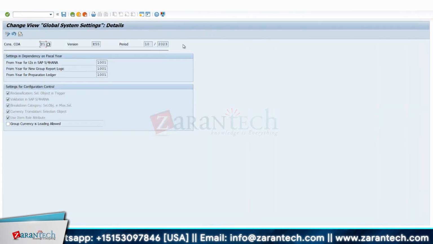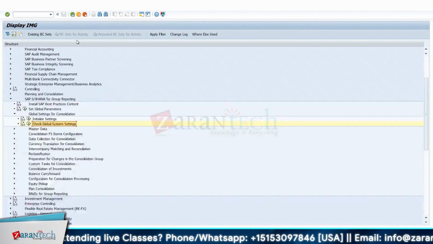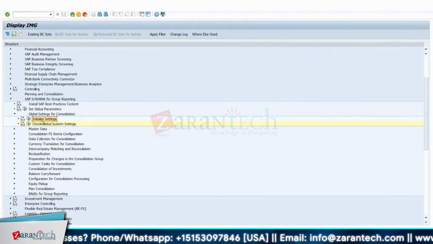For example, this is a setting where it says from year LI in S4 on line items, that is 1001, it sets automatically. New group reporting logic 1001. From year of preparation ledger. See, these are all in non-editable mode. The system will get activated automatically when you implement a best practice, or this previous step if you don't implement a best practice. Other than that, reclassification with selection, these are all the settings which the system has set automatically based on best practice, or if you have not used best practice, when you do this set of activity. So this is what you have to do in all your